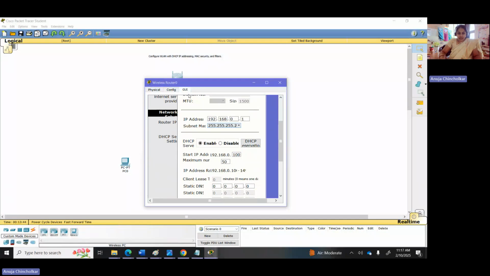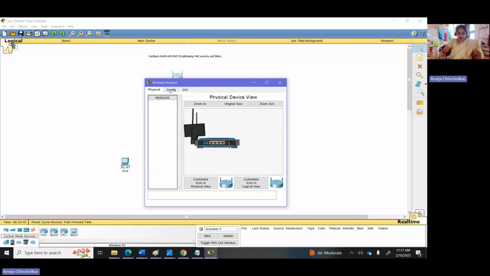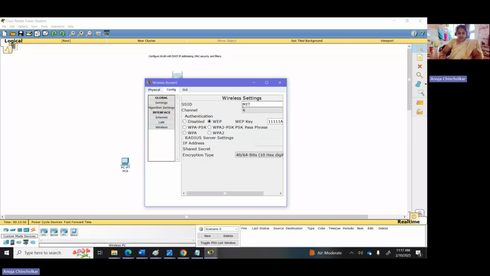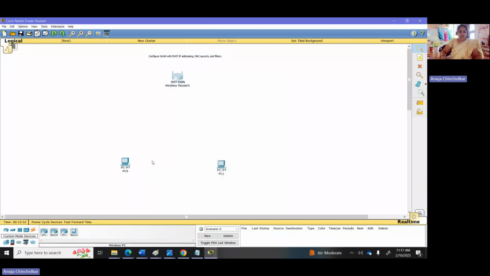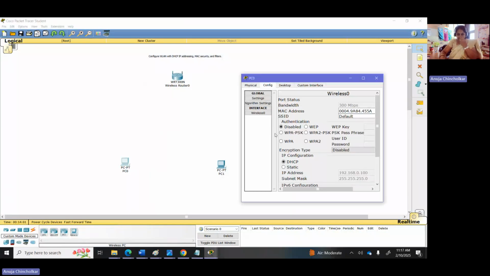Now we have given the passkey to use this. Okay, in configuration, in wireless, we have given this passkey, and now the link is not there between these. We have seen that for all three devices, the DHCP setting has already been set as we have taken the wireless devices.